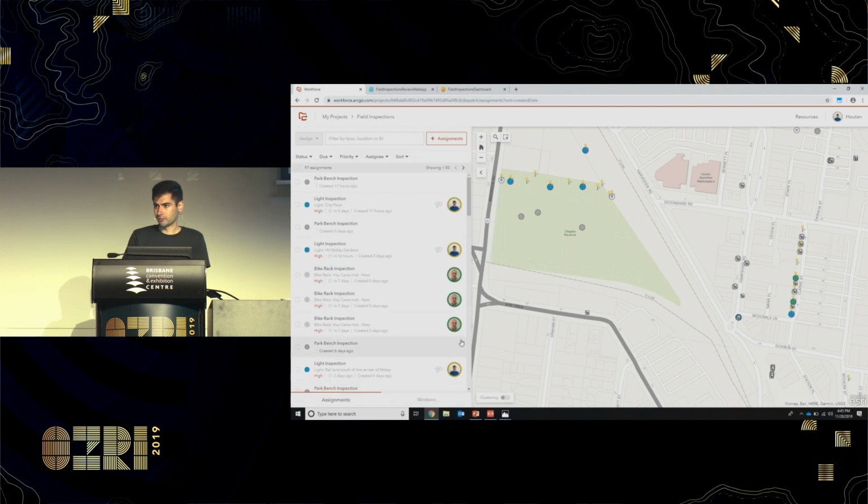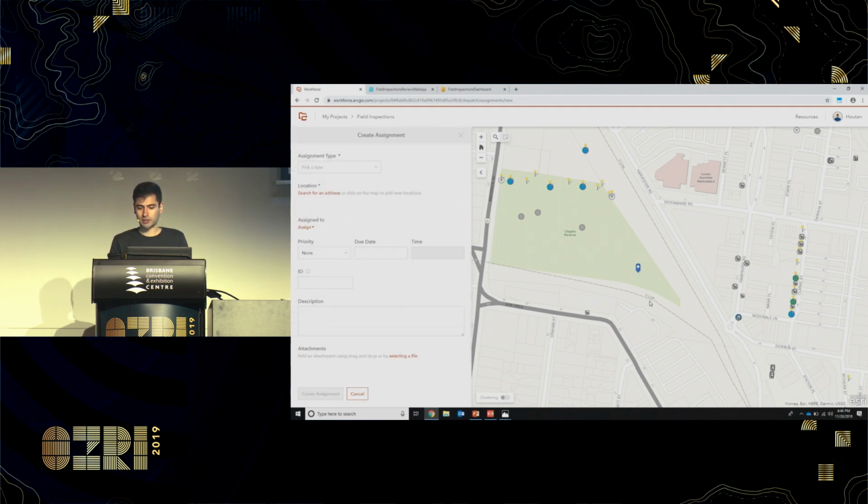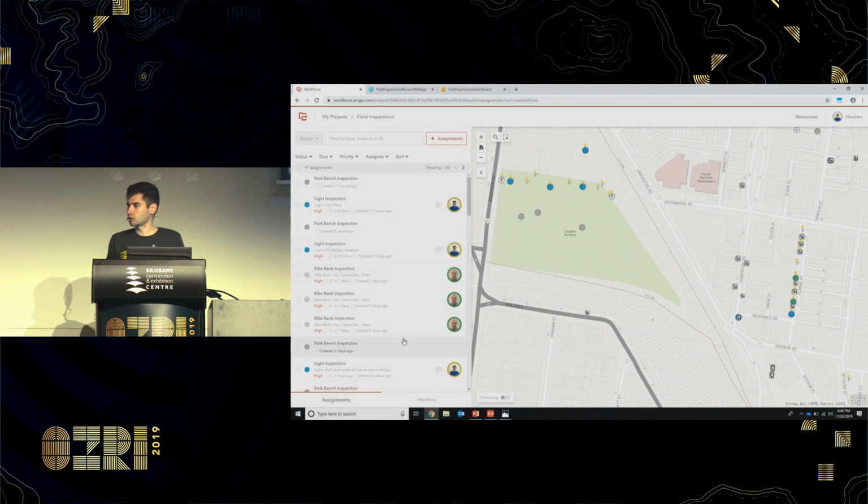Okay, so let's start creating some assignments. There are a couple of different ways that you can create assignments in Workforce. You can, of course, hit that big plus assignments button, and what that lets you do is select a location and start filling in the details. But as I mentioned earlier, I usually like to tie my assignments to some assets. So we'll use that little square button there,